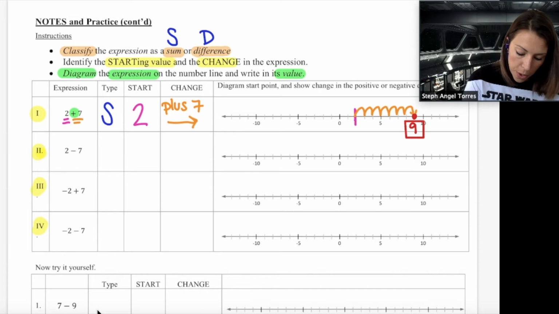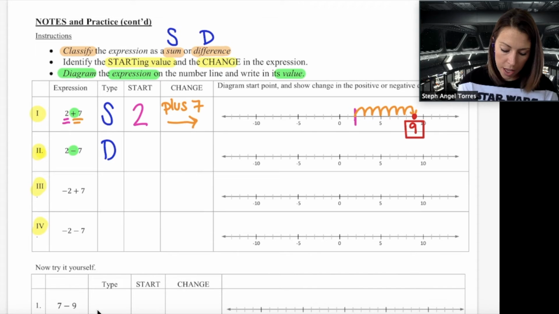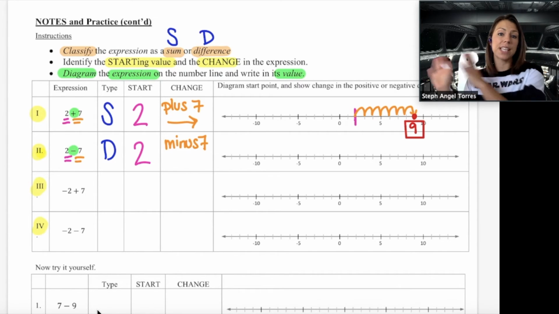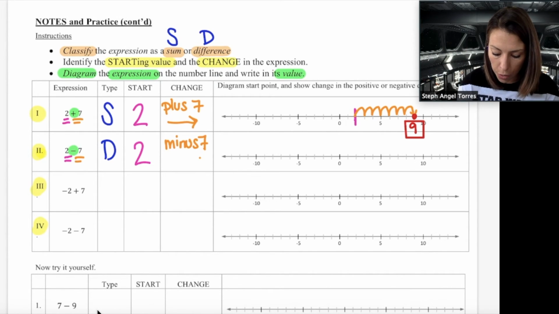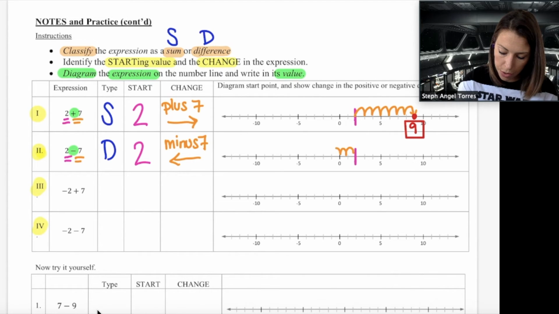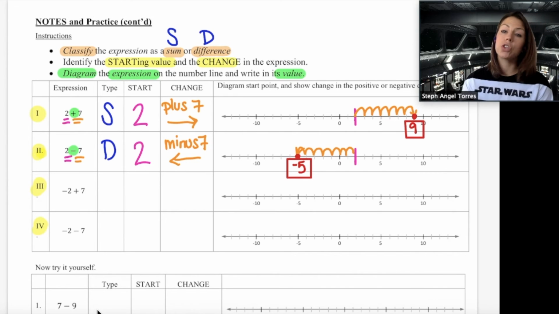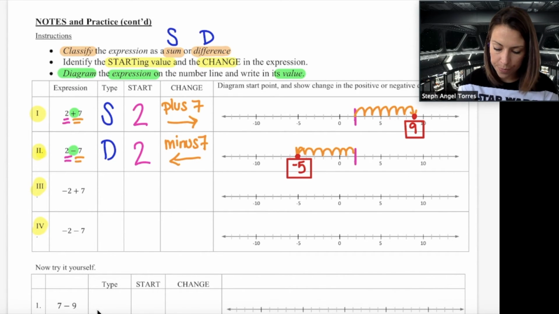So Roman numeral 2 is 2 minus 7, so that means we are reading a difference here. The starting value is 2, and the change is minus 7. So again, because we're taking away positive 7, we're taking away positive value, we are going to the left. Let's go ahead and diagram. Starting at 2, 7 to the left, 1, 2, 3, 4, 5, 6, 7, and I ended up at negative 5. Put a box around my answer. So what is 2 minus 7? 2 minus 7 is negative 5. All right,